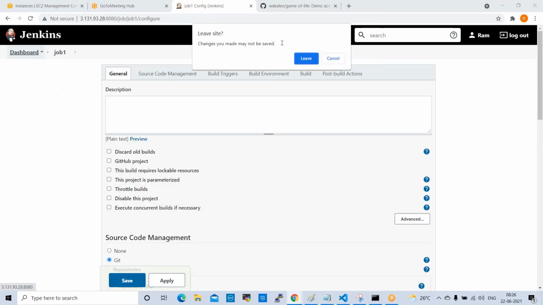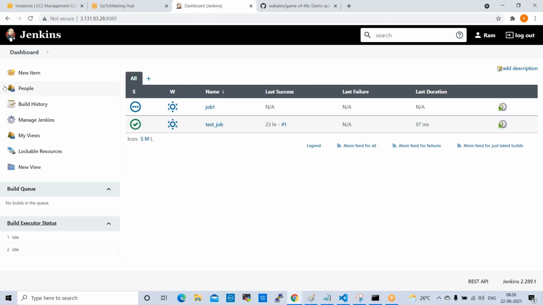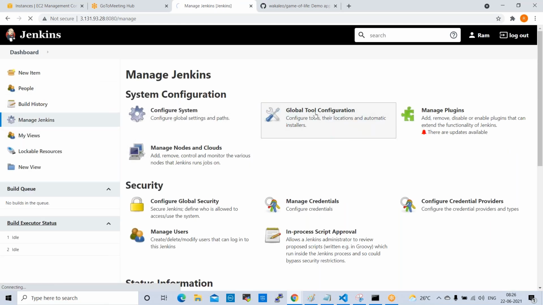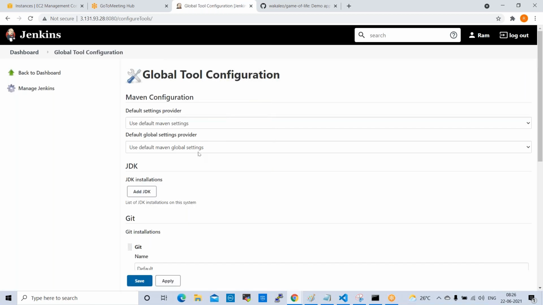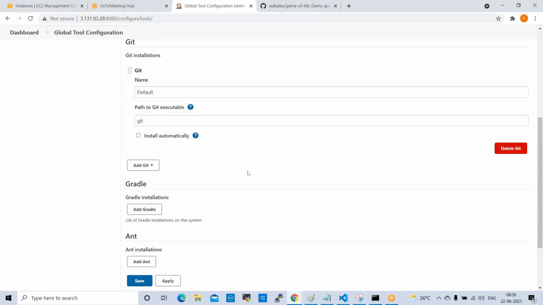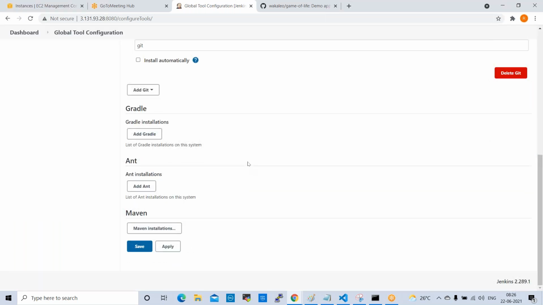Next one is global tool configuration. Basically, we can install and configure some tools and packages in global tool configuration. Whatever package you want, you can install. Normally Maven we install in global tool configuration only, in Jenkins.